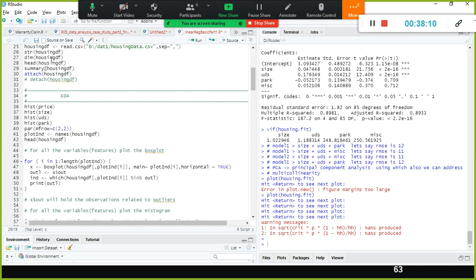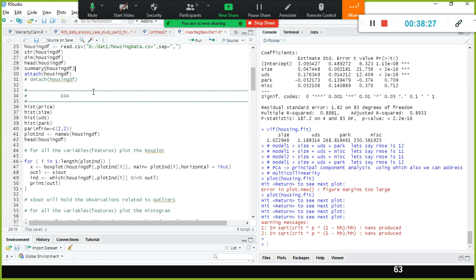For that you use the head function, and you see the top 6 records. And we have the tail function, where you see the last 6 records. The summary function will give you an idea whether you have any outliers in the given columns, or any missing values. That also you can find out.